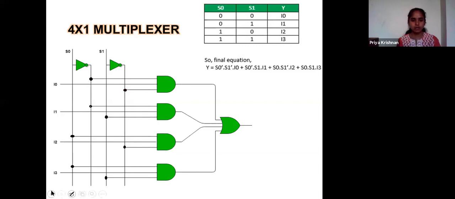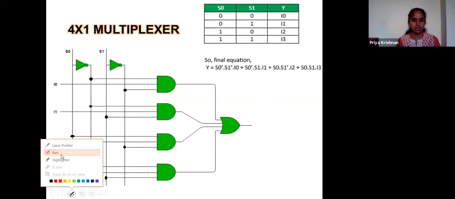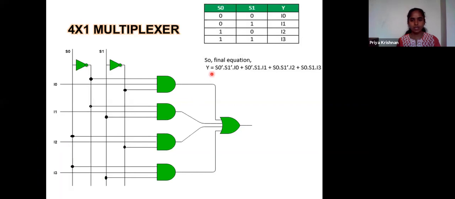We will also see the last case, that is both the inputs are 1 and 1, connecting I3. So what is my last case? I3 is connected here. This point as well as this point are connected to the direct lines. It is not connected through the inverters. It is connected to the direct lines. Similarly, you can expand this for 8 cross 1, 16 cross 1.